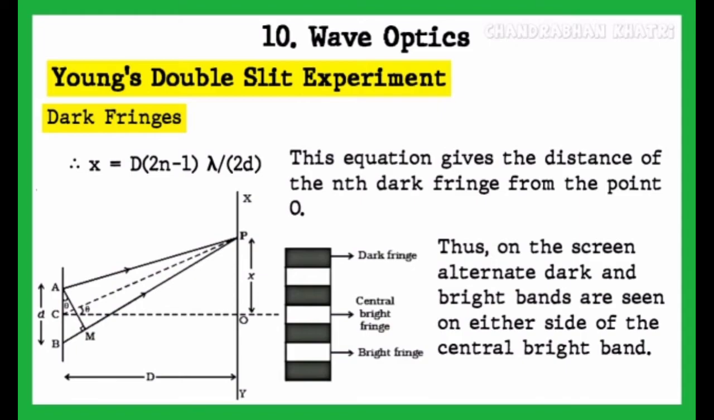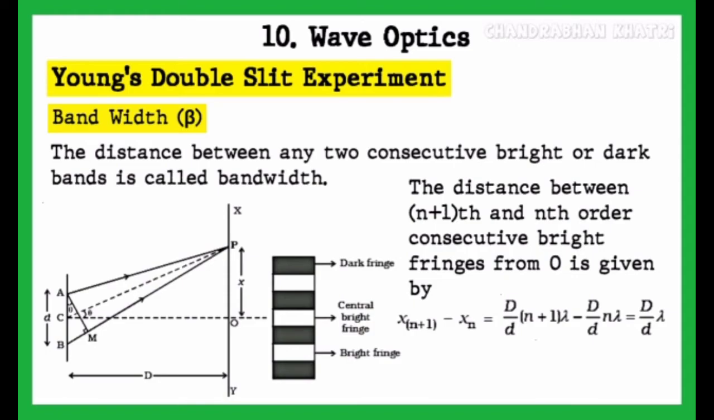Thus on the screen, alternate dark and bright bands are seen on either side of the central bright band. As you can see in this diagram, we mention dark and bright fringes. Bandwidth beta. The distance between any two consecutive bright or dark bands is called bandwidth. The distance between the (n plus 1)th and nth order consecutive bright fringes from O is given by x(n+1) minus x(n) is equal to